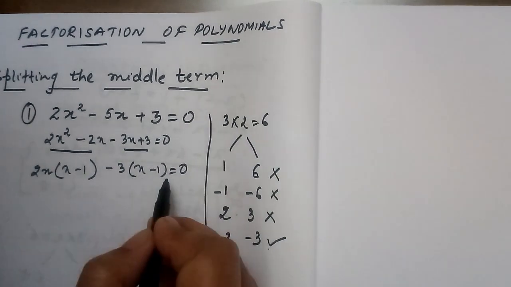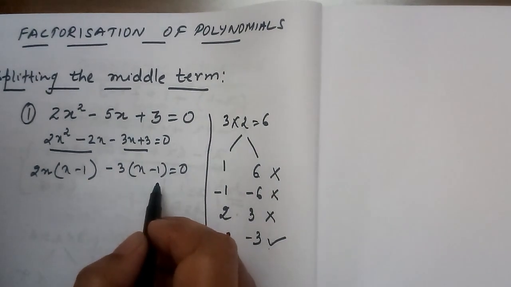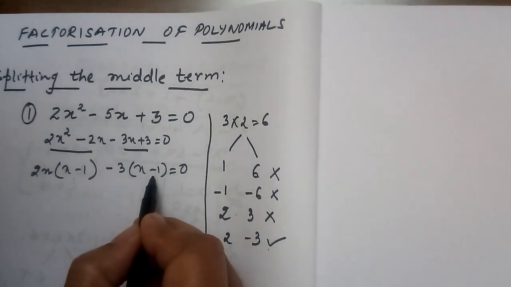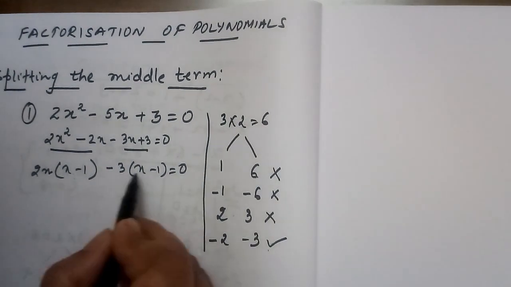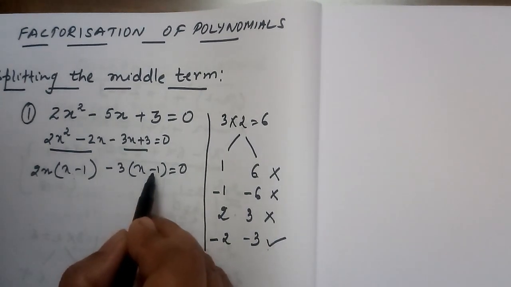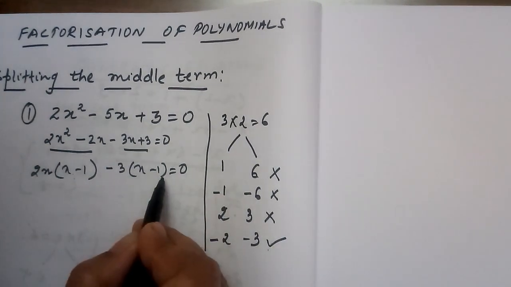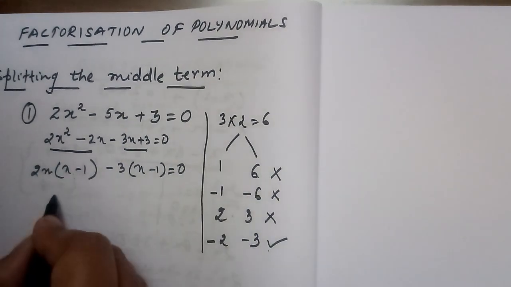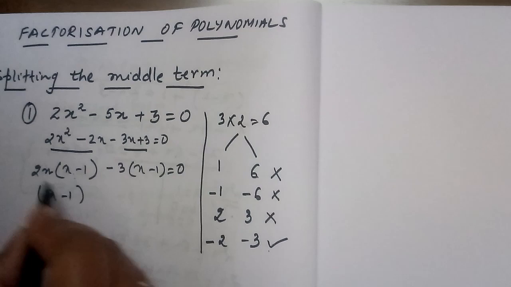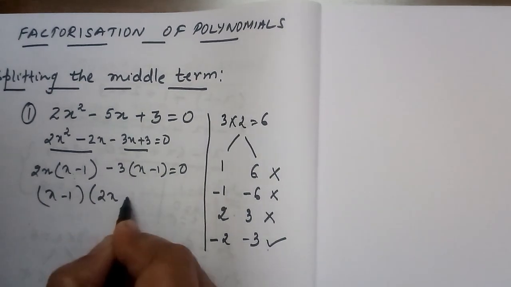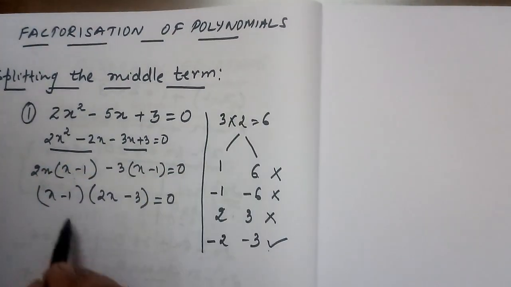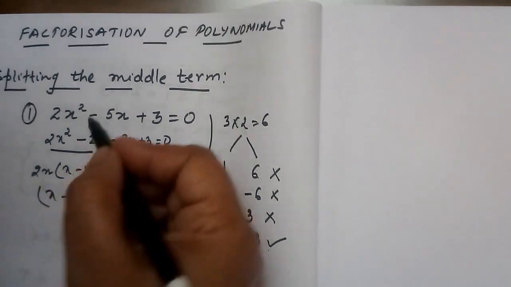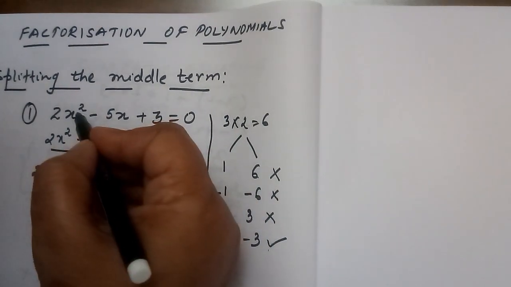Now what you have to remember is that in all questions of splitting the middle term, this bracket and this bracket should always come the same. If they are not coming the same, you have made a mistake somewhere in solving the question. I repeat again, both these brackets have to come exactly same. Now between the first term and the second term, again I have x minus 1 common. So I take out x minus 1 common, and from the first term I am left with 2x. From here I am left with 3. I get it as 0. So I have factorized this into two factors. As I told you earlier, this has two factors because it is a degree 2 polynomial.